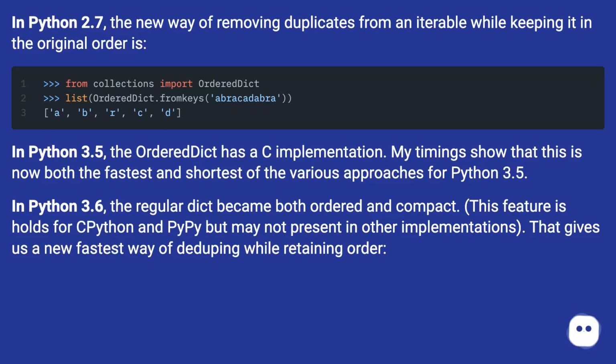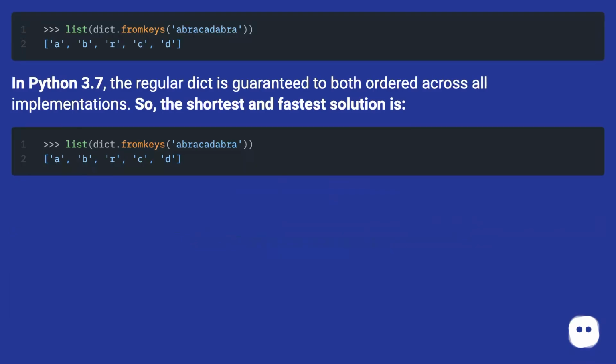In Python 3.6, the regular dict became both ordered and compact. This feature holds for CPython and PyPy but may not be present in other implementations. That gives us a new fastest way of deduping while retaining order. In Python 3.7, the regular dict is guaranteed to be ordered across all implementations. So, the shortest and fastest solution is: